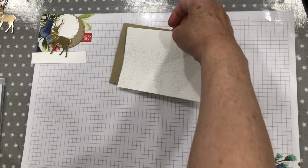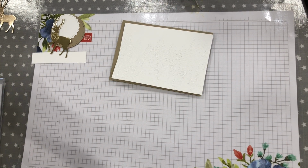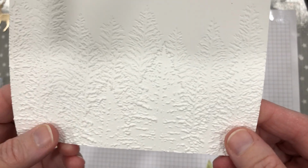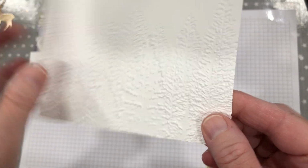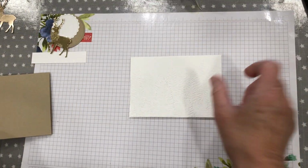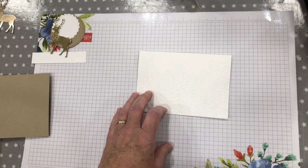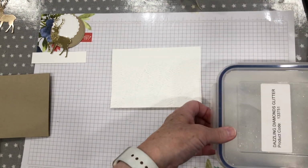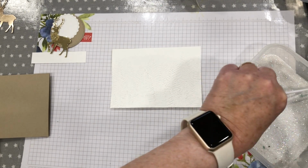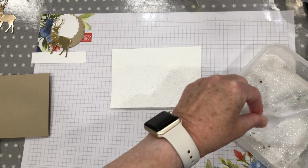Okay, so there we have it. Love, love, love how these come out. So beautiful. Of course, you can use the debossed side as well as the embossed side. I'm going to do me usual and use my trusty glue pen and my Dazzling Diamonds glitter. Told you I'm going to keep using this until it's all gone,